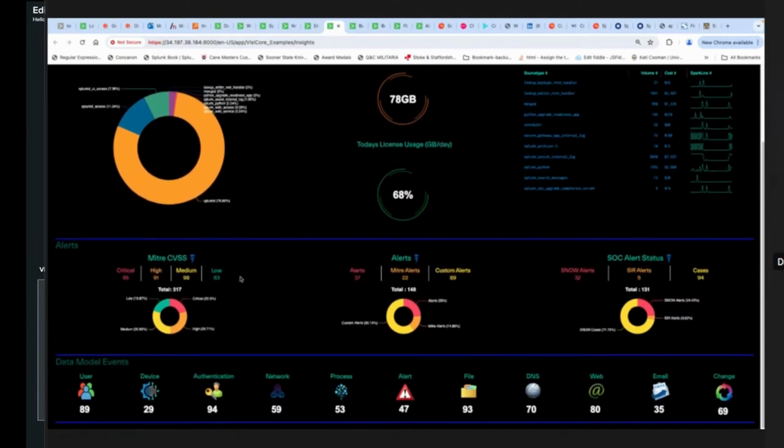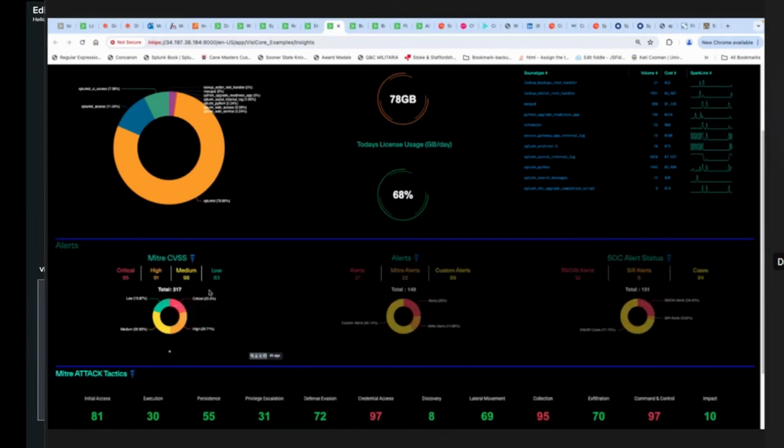We broke down things like the MITRE threats. And if you click on something over here, for example, you notice that the alerts and the SOC alert status dimmed out, or the opacity went less, because we're focused on MITRE CVSS over here.